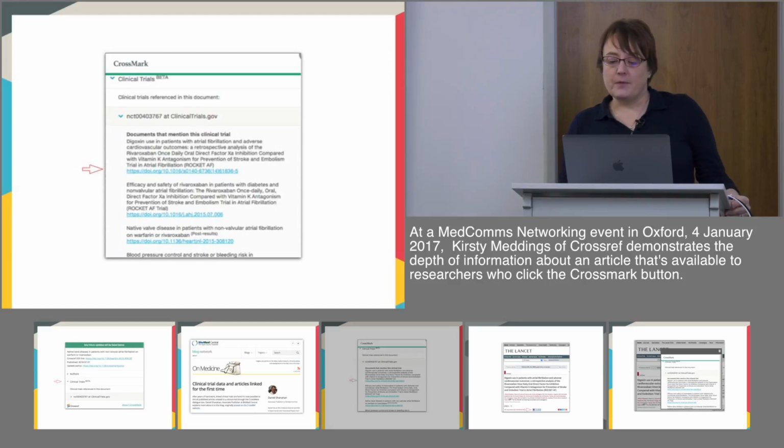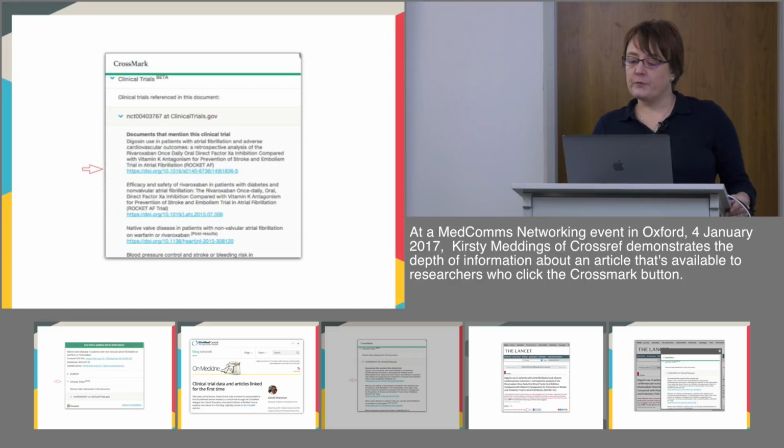So this slide here is showing a Crossmark box that is accessed via a button on an article in the BMJ journal Heart. If you go to the clinical trial section, you'll see that in this particular article there is one clinical trial that's being talked about. It has that number NCT00 and it's registered at clinicaltrials.gov. So these 2 pieces of information